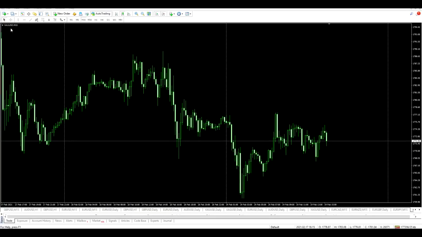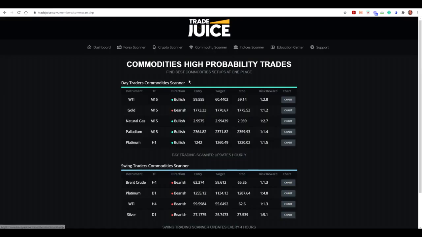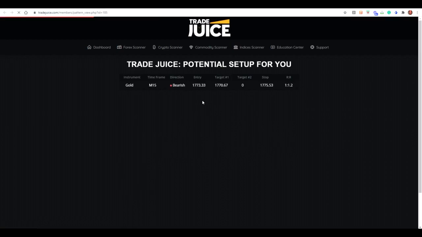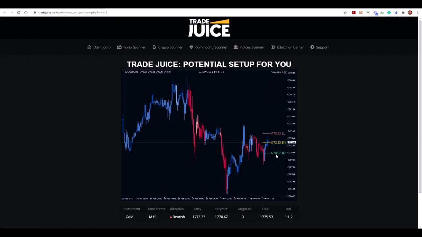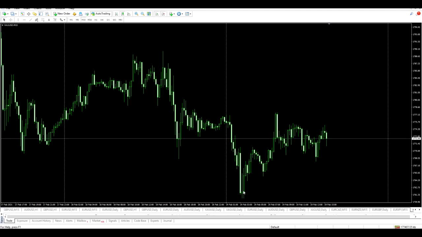Hi guys, I'm on the gold USD 15-minute chart. And the reason I'm on this is because Tradejuice has highlighted this as a potential high probability trade setting up. Now, I do have a chart that I can use for this, and it gives me the entry point, stop loss, and take profit. Now, the entry point, just during the time of doing this recording, is actually just here at the moment. So I'm going to enter this trade,